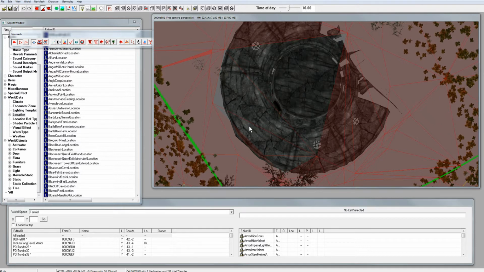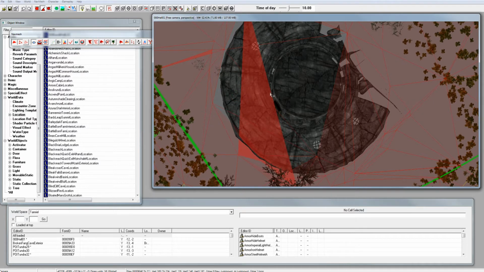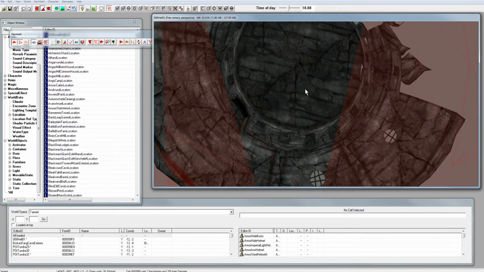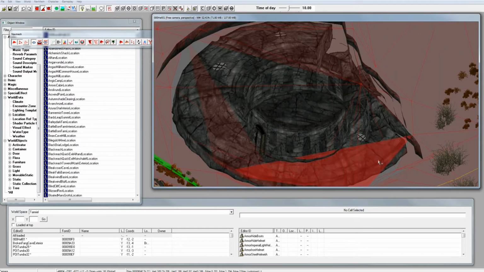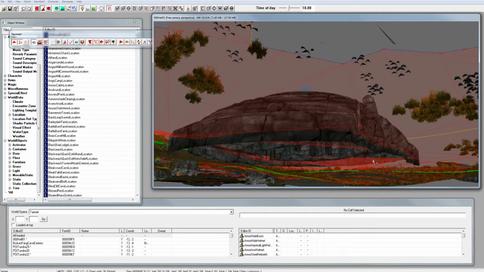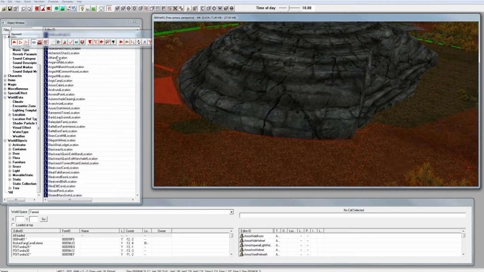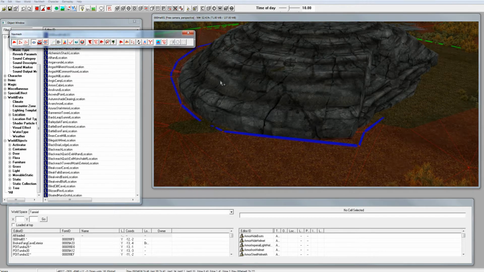Now you can see that it is highlighting this nav mesh. Now I'm going to go up here, and basically what I'm doing is I'm coloring this in. Oh, I see what I did wrong here. I remember. I'm going to go up here like this, and I am going to hit finalize, the check mark here. And you'll see it puts a blue